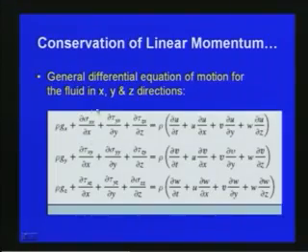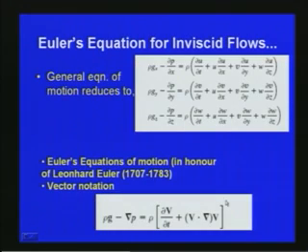Here we use the negative sign so that the normal stress component will be positive. Like this we are approximating the normal stress component to the pressure term acting upon the fluid. Now, after this approximation, based upon the general equation which we have already derived, the shear terms have gone, and the normal stress components with their derivatives are approximated with the pressure components, so that this equation reduces to the general equation of motion for inviscid flows, Euler's equation. In the x direction it can be written as rho g x, that is the body force, minus del p by del x,